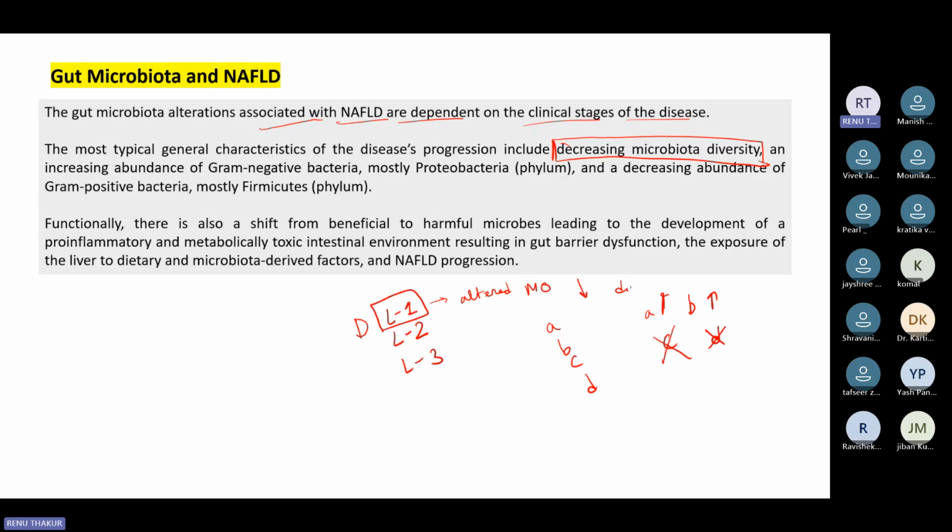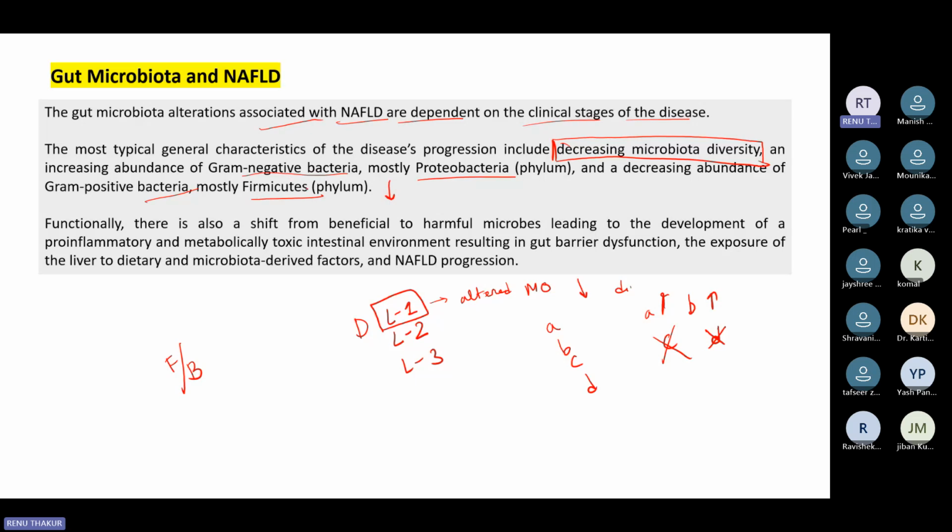So it will increase the population of a specific type of bacteria, and that will always be bad bacteria, negative bacteria. Negative means function-wise negative. So which are the villains? Gram negative bacteria will increase, mostly proteobacteria, and there will be a decreased abundance of gram positive bacteria, mostly firmicutes. So we have read about the F by B ratio, firmicutes by bacteroidetes. If firmicutes are going down in our gut microbiome, then something is happening in our body. Some inflammation is going on inside our body.